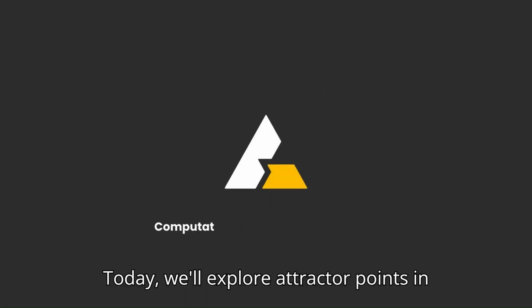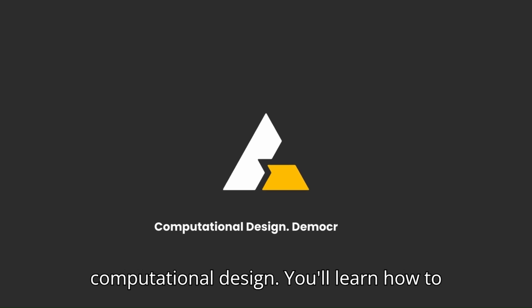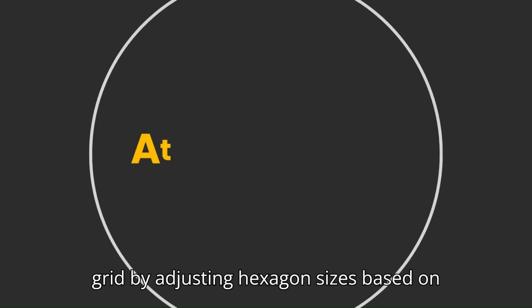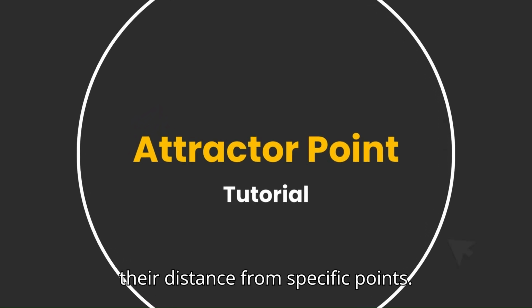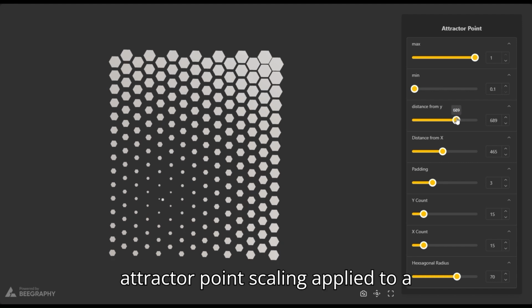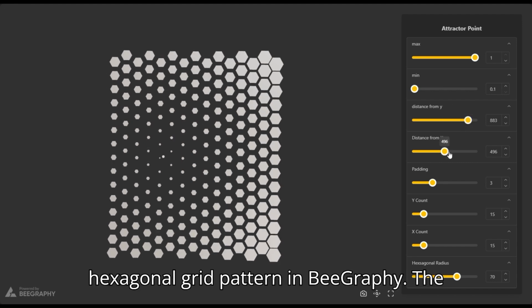Today, we'll explore attractor points in computational design. You'll learn how to create dynamic patterns on a hexagonal grid by adjusting hexagon sizes based on their distance from specific points. Let's begin. The video demonstrates a technique called attractor point scaling applied to a hexagonal grid pattern in